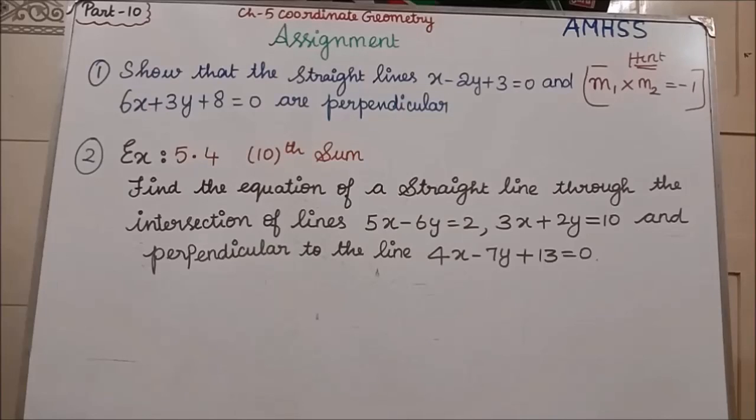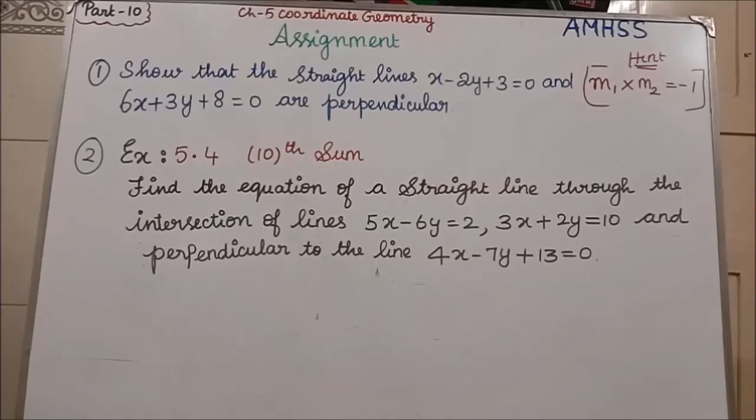The first question, if you see, they have given 2 equations and they are asking us to show whether the two lines are perpendicular. What is the perpendicular formula? m1 into m2 is equal to −1. Using the first equation you are going to find m1, and using the second equation you are going to find m2. Then you are going to multiply the two values. When you get the answer as −1, therefore the given equations are perpendicular, you are going to write. Okay, the two straight lines are perpendicular. You are going to finish it off. Clear the first question?